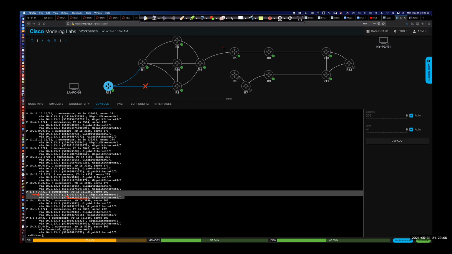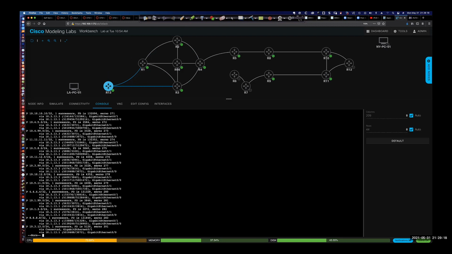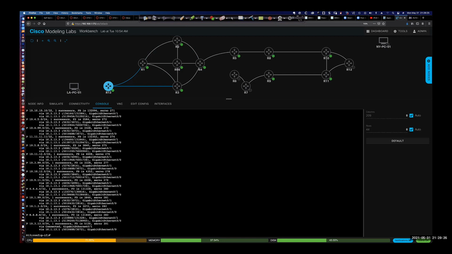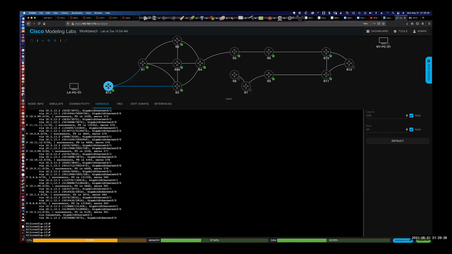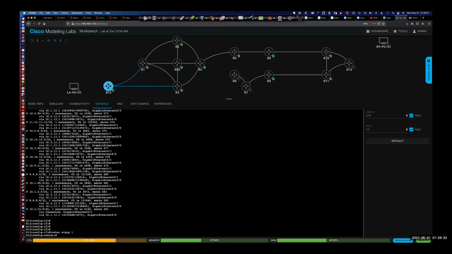All right. So now we're going to take a look at the final thing we're going to talk about tonight. Again, we're going to get into more EIGRP and come back to this topology next week. But what I want to show you now is how to convert a classic mode configuration to the named mode configuration. To do that, we say router EIGRP 1, and we come in here and say